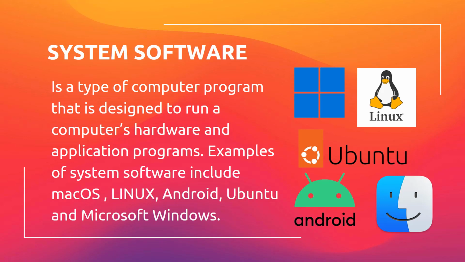Ubuntu also, or Mac OS. Mac OS is Apple's system software, which is used by Apple products like MacBook laptops or computers. Hii system software ni OS, kiufupi wanasema operating system software ni kwamba ina control kazi zote zinazofanyika ndani ya computer. Ni software hii,